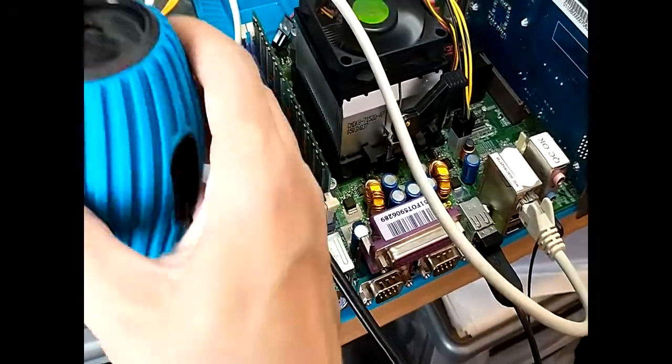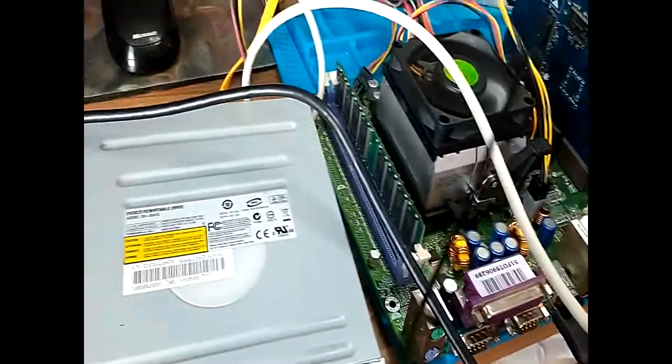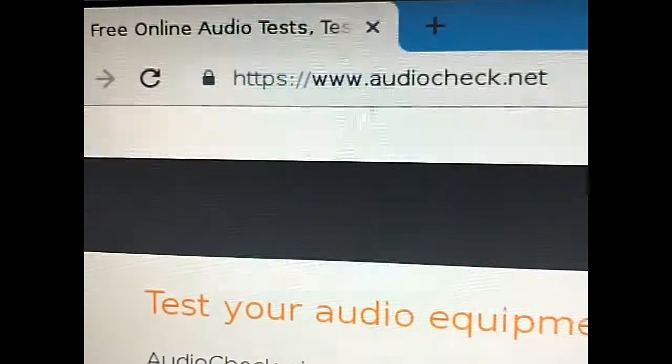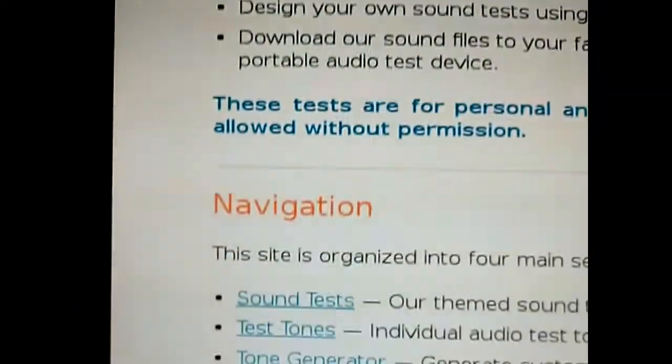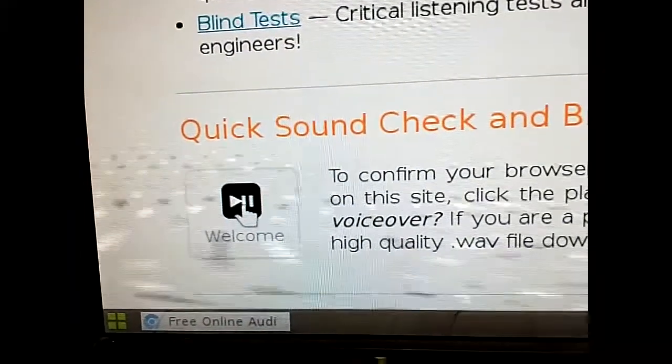Okay, so I've got the speaker all connected up to the motherboard, and if I go over to audiocheck.net and come down to the welcome message, if I click this, I'll get